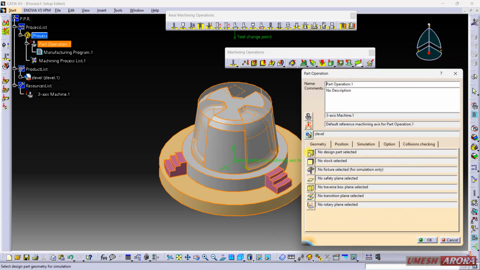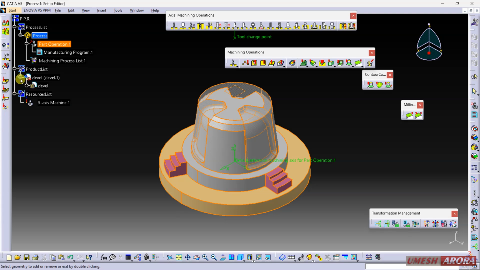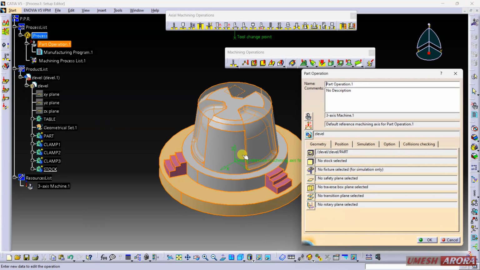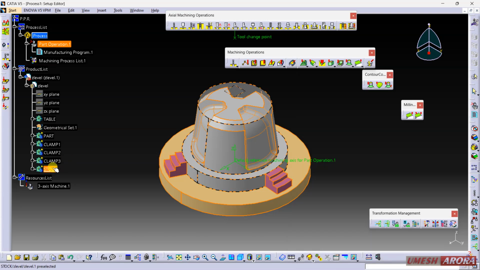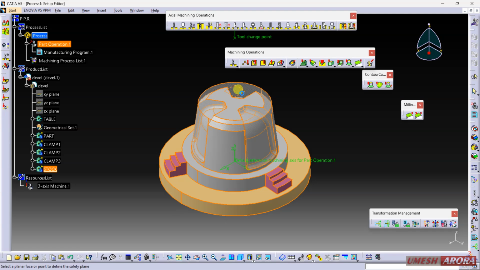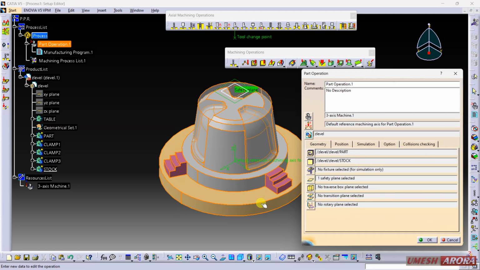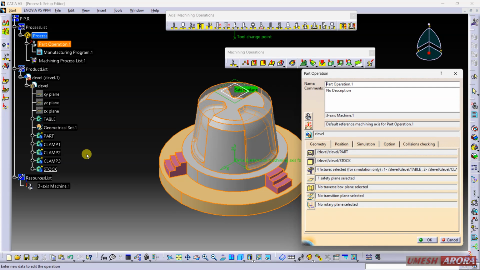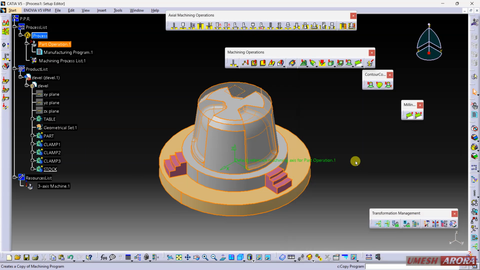The part is this, the blank or stock is this one, the safety plane is this one, and the fixture: we have the table, clamp 1, clamp 2, and clamp 3. All are the fixture.